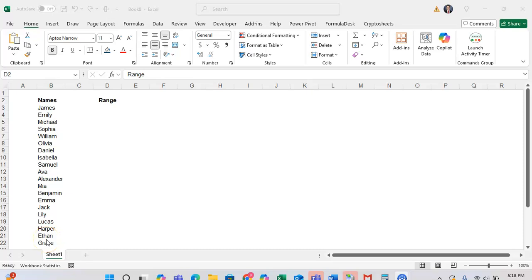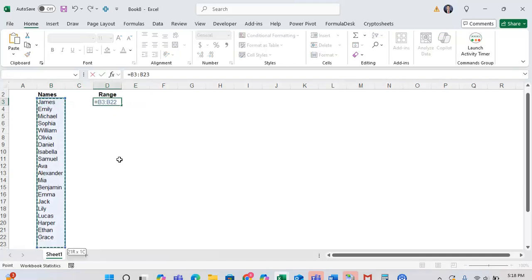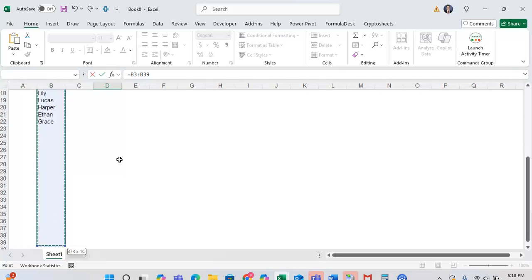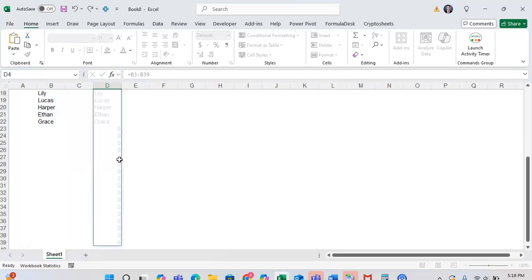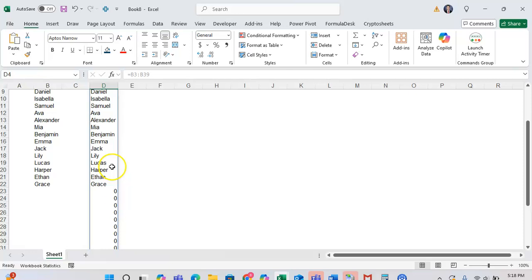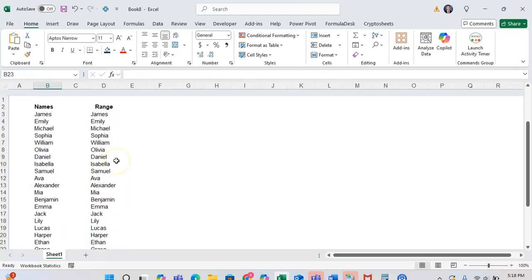In this tutorial, I want to talk about the new TRIMREF feature in Microsoft Excel, where you can adjust how you reference an array of different cells to get it to be trimmed to the way you want it to. So here we have some names right here, and when you just go through and you reference this array, equals reference the array and some cells below it right here, for example,